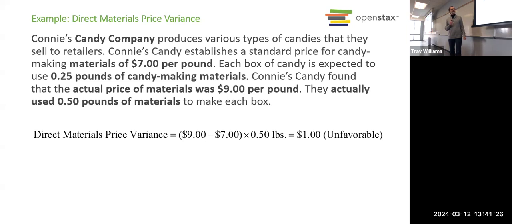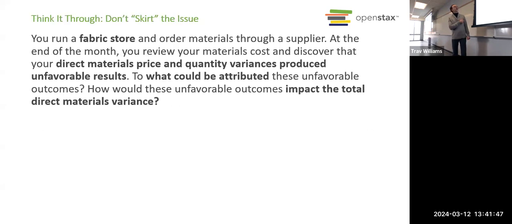Yeah. So would a favorable one be negative? Yes. If the answer was not unfavorable, but if the answer came out favorable, then yes, it would be a negative number. Yeah. Is that what you meant? Yes. Oh, okay. And we'll see examples of that. All right. Okay, let's look at this one.